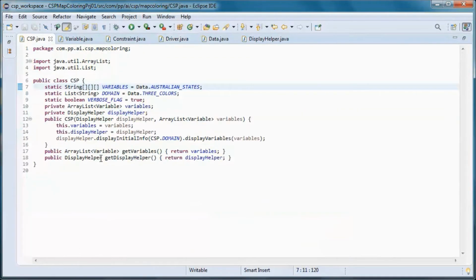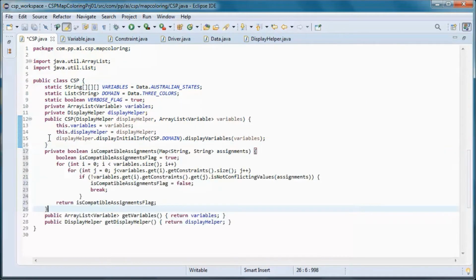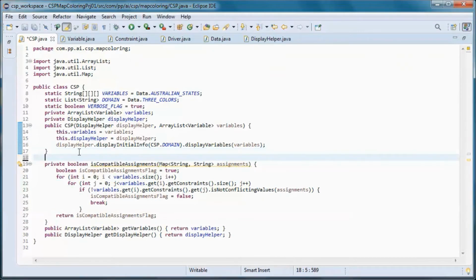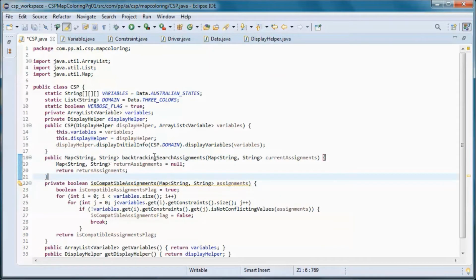And this method checks to see if color assignments are compatible with constraints associated with all variables. And this method does backtracking search color assignments, so it takes in a map of current assignments, so each state and its associated assigned color, and returns an updated map of color assignments.